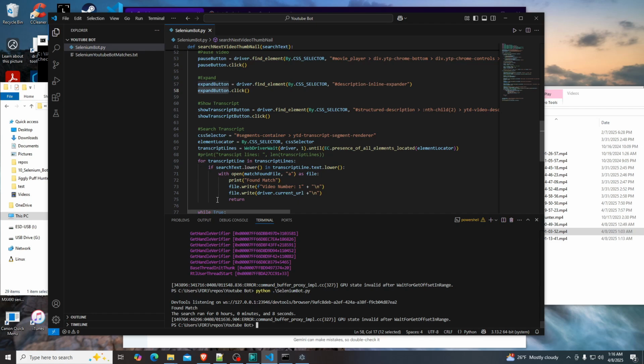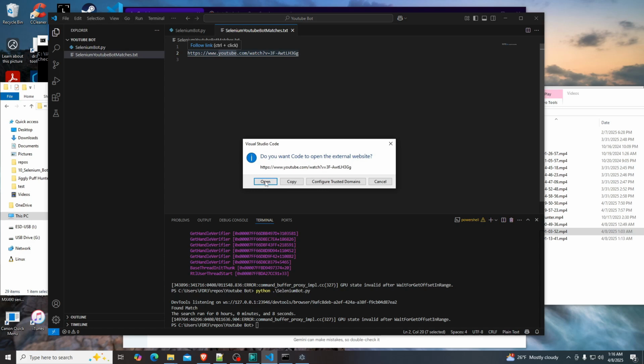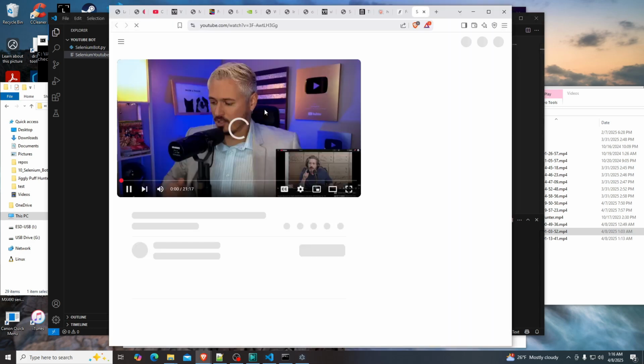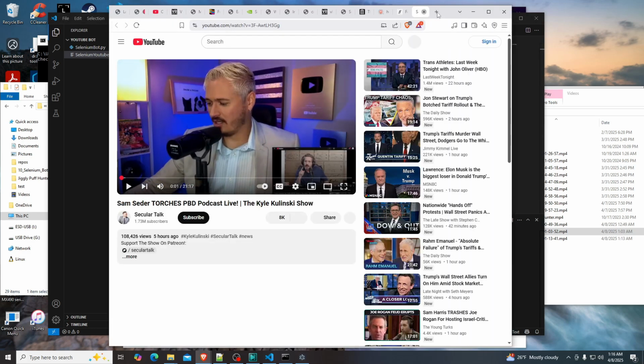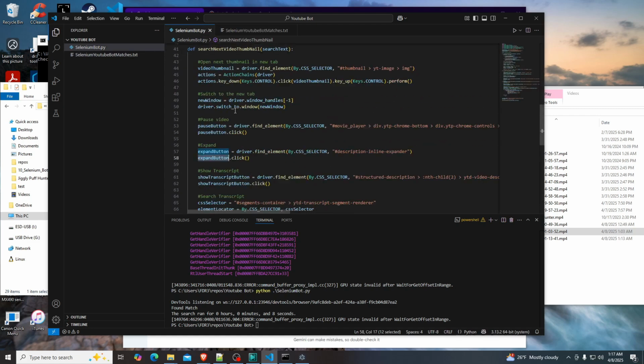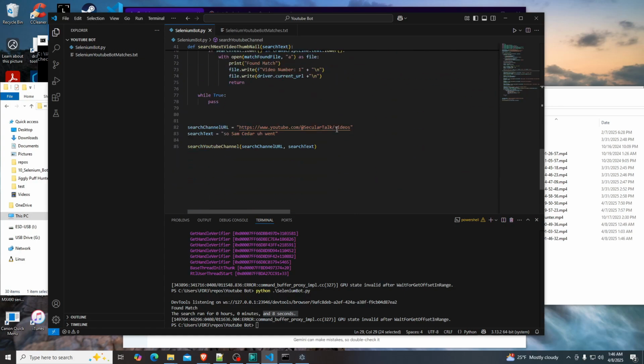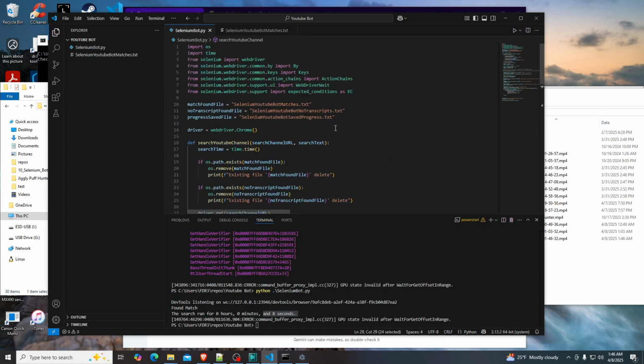So we found it. Found match. We printed that out. We have a file, and it has the link to the video. We hover over it, open it, and it takes us right to where the match was, where we found it. So that's basically that. Okay, so the next thing that we're going to work on is our outer search loop logic,